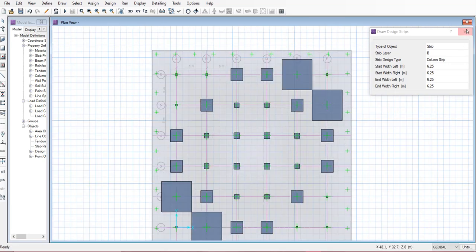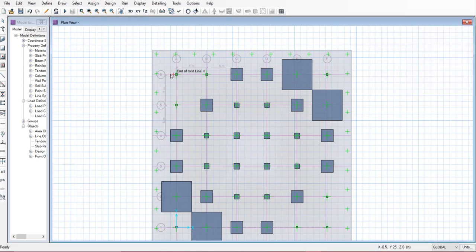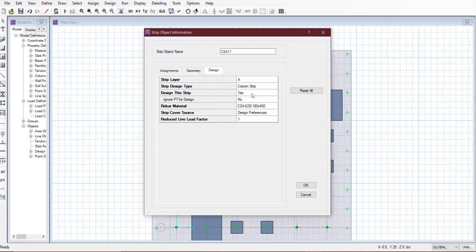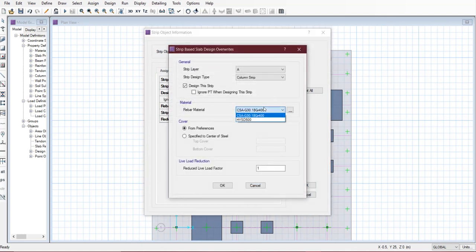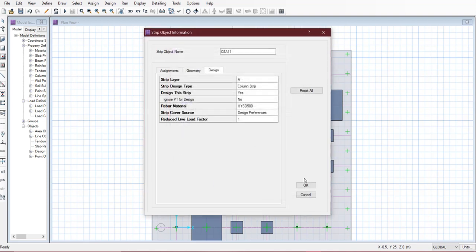You have to now change the reinforcement in each of the design strip. Right click on the design strip, and here change the reinforcement to HYSD 500. Click on OK.